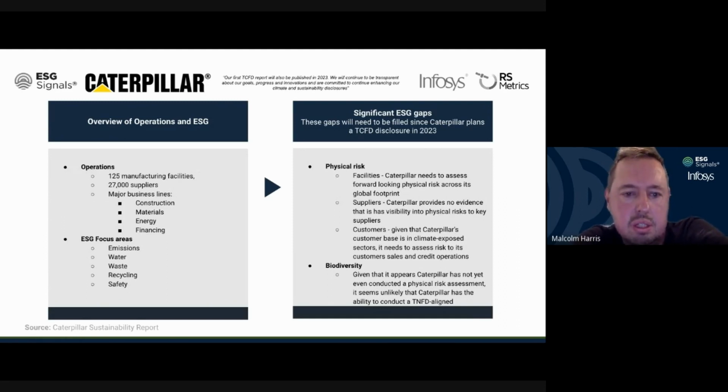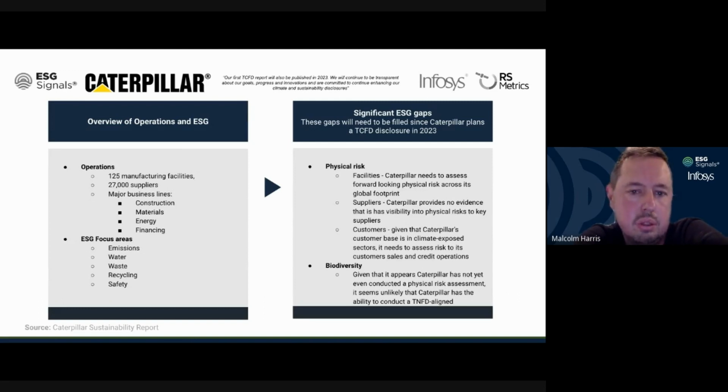But one thing you notice if you're coming from a corporate ESG perspective is there are some significant gaps. As I mentioned, they have 125 facilities. If you look at their balance sheet, that's about $12 billion depreciated, so replacement value is probably quite a bit more. One thing you as a corporate definitely want to understand is where your big physical risks are: which facilities will potentially be impacted by flood or fire under certain climate scenarios. These are exactly the things we offer in the platform, the ability to see through that lens and assess at a strategic level where the risks are in my portfolio of manufacturing facilities. And that's basically step one.